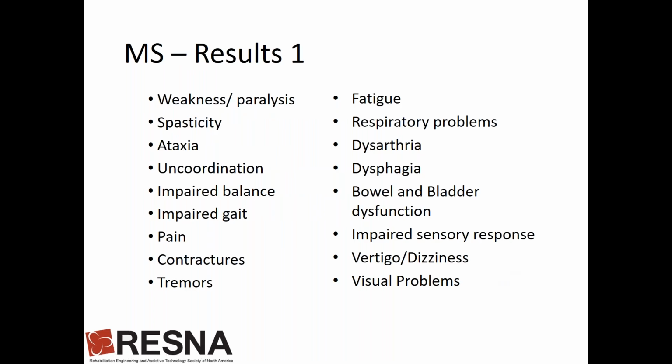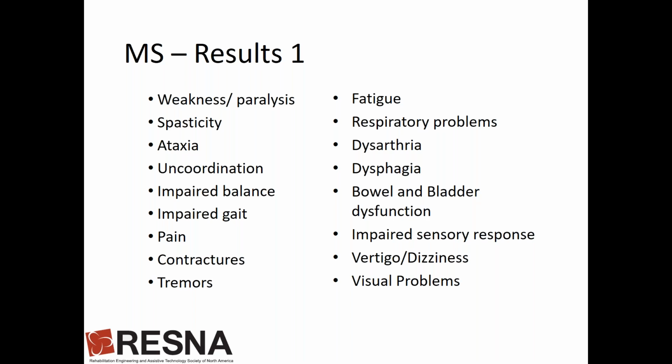So one example of somebody that presents, they may have weakness, paralysis, spasticity, they may have ataxia. So ataxia is uncoordinated movement, as opposed to smooth, coordinated movements. They could have very poor balance, which leads to poor gait. Sometimes I don't see pain a ton. I'm just giving you my clinical experience, but with any of these, you can have pain